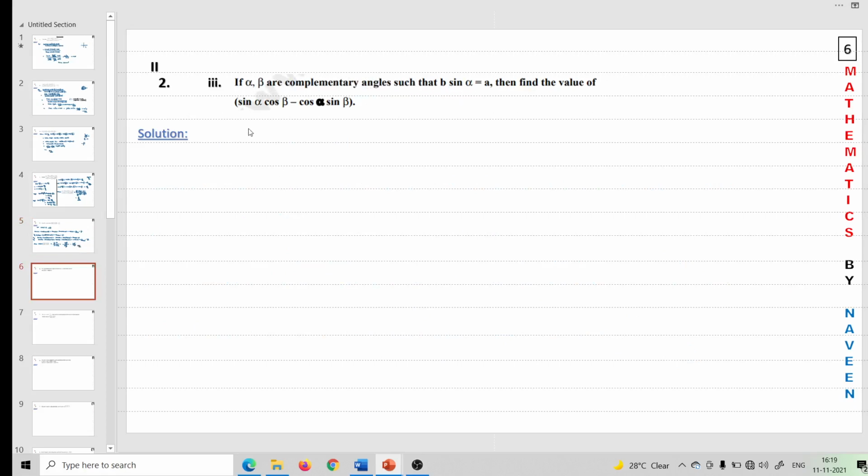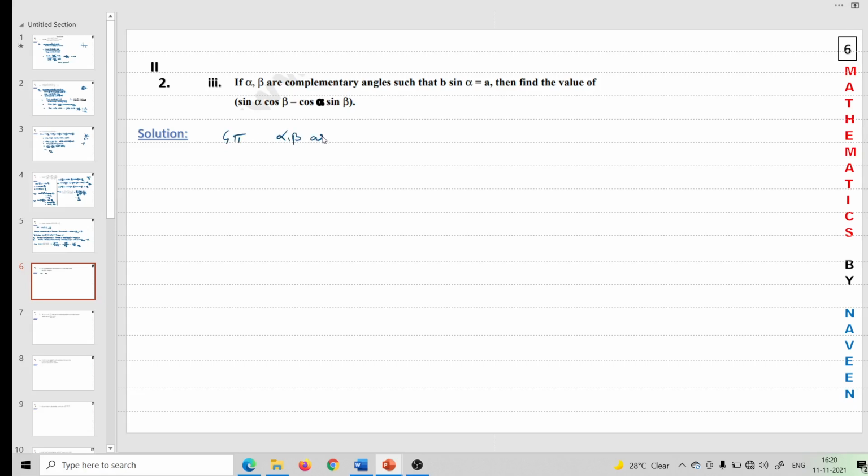Next problem: alpha, beta are complementary angles such that b sin alpha equals a, then find the value of this one. So sin alpha cos beta minus cos alpha sin beta is there. The formula of this one is sin of alpha minus beta. By using that formula we have to proceed with the problem. Here you don't have the formula given, just for this problem you have to remember it. Clear? Solution: given that